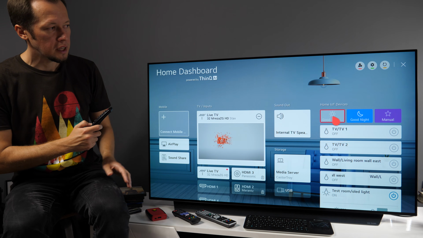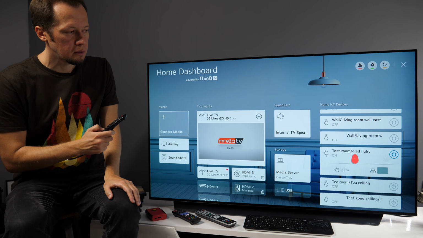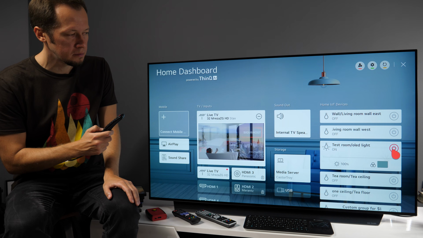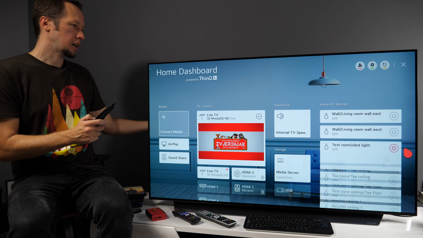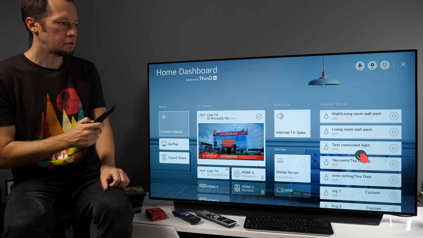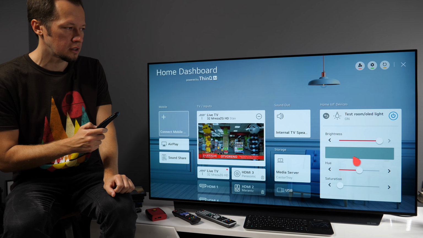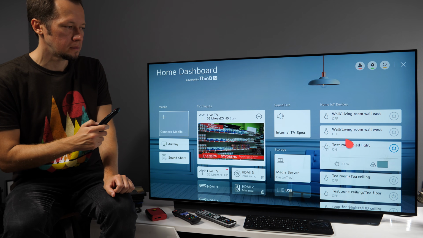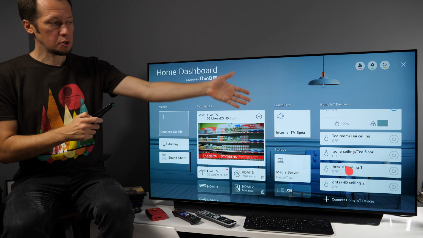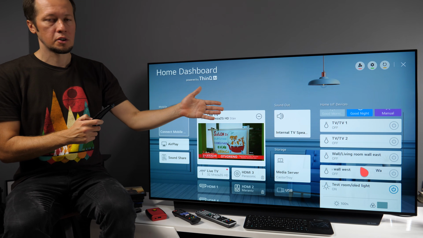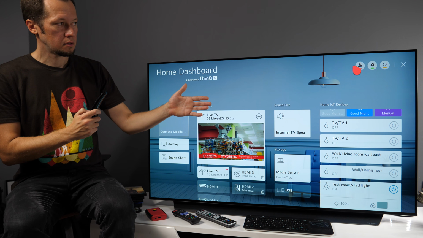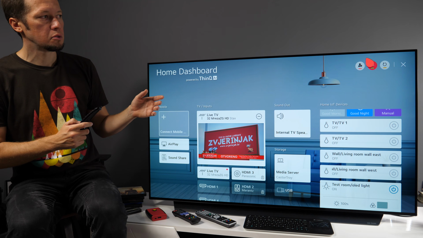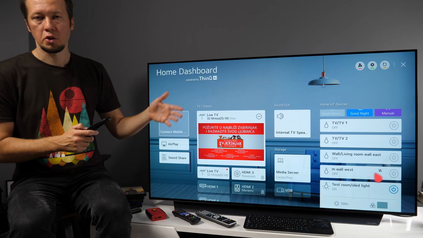But also here you have IoT devices. So currently my Hue lights, I can turn them on and off here. So for example, one light is behind this TV. I can turn it off and on here, and also adjust color and brightness. And this you will see without login to your LG account. But for example, if you have LG devices, then you need to log in,